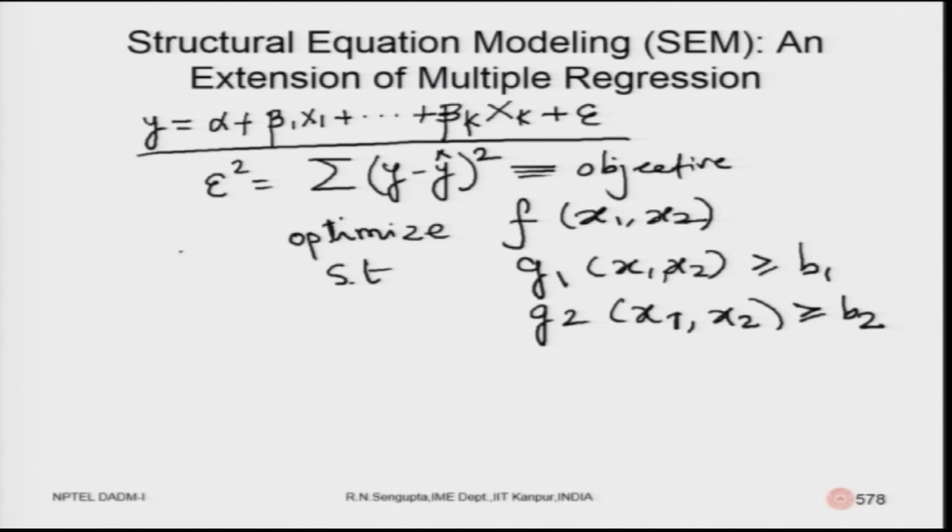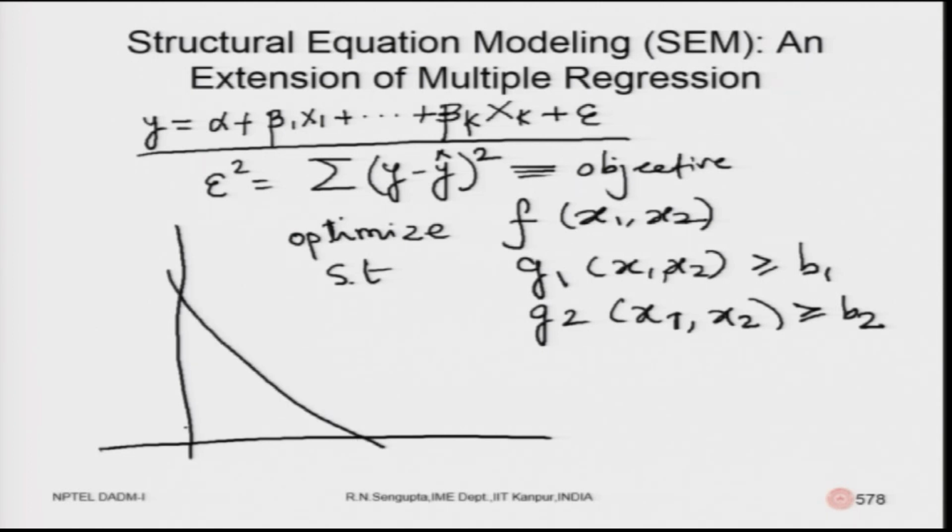So, let me draw a 2-dimensional one. If you remember, I mentioned that I am going to consider x1, x2 only, because it is easy for me to explain. Point number 2, let us also consider x1 and x2 are only positive; they need not be, but let us consider them to be positive. This function g1(x1, x2) and g2(x1, x2) are non-linear, greater than b1 and b2. So, that can be handled. Let me draw them to be non-linear. I am just arbitrarily drawing a diagram, so it will make you understand.